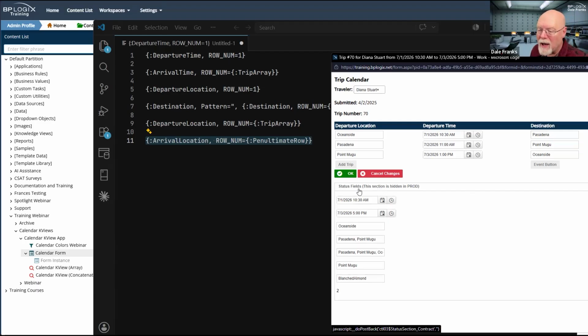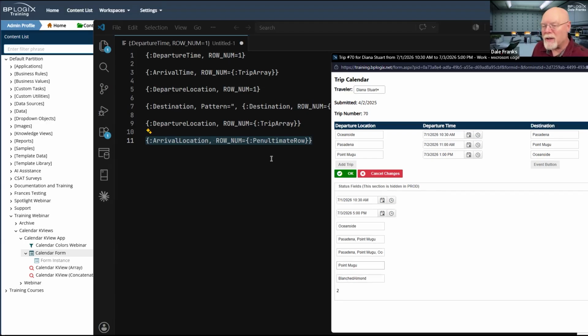Now, the reason I'm going through this hoop is that I want to do my concatenation here on the form. As I show up here, this section is hidden in prod. You wouldn't see this on a production form that you had created. You would just hide this away from the user. But hiding the form doesn't mean that the form controls don't exist and that we can't set them. It just means they don't show up for the end user. So it gives me a convenient way of doing the concatenation here.